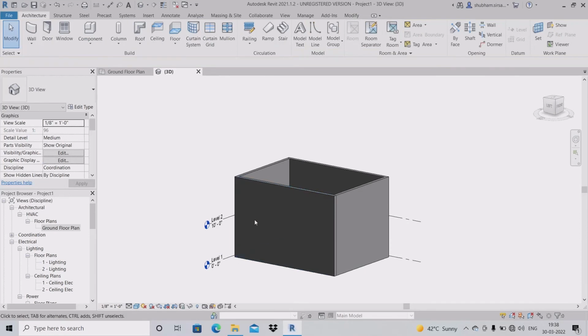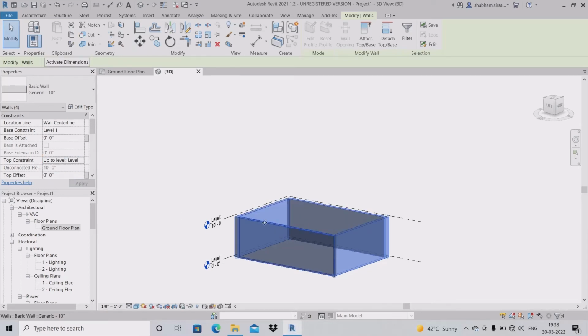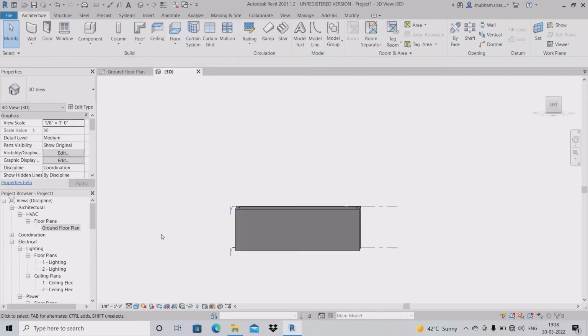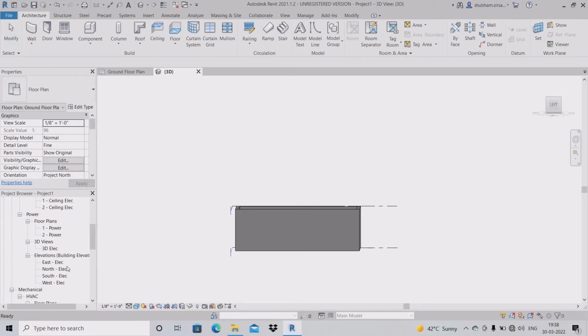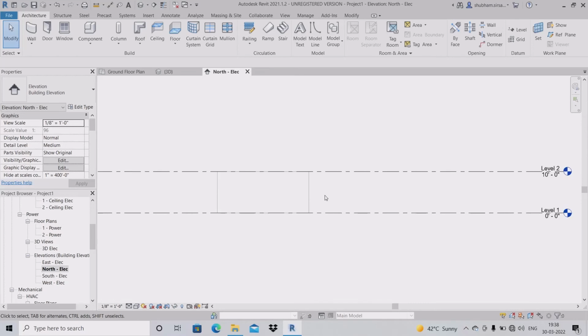So what I will do is click here, press Tab, and make this wall go from unconnected to connected up to the next level, Level 2. As you can see here, the wall is now up to Level 2. If you want to see in sections, you can go to the elevations. You can go to any elevation, north. I will go to north elevation. As you can see, now I can see the elevation of